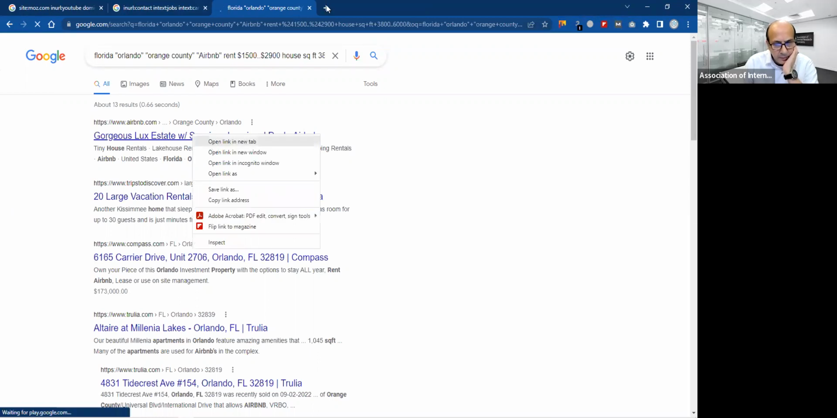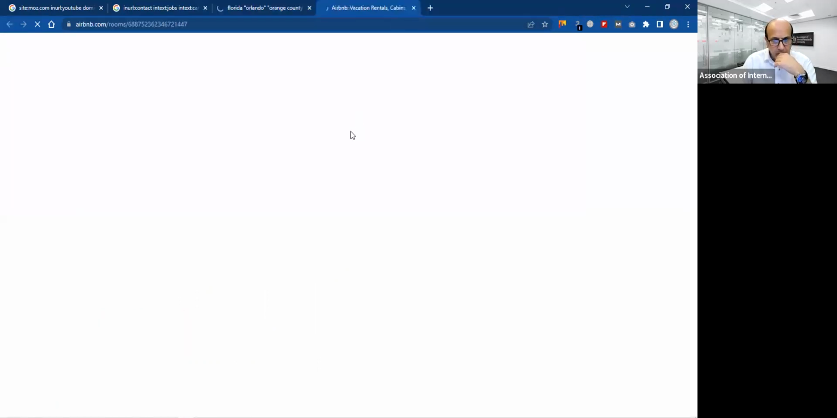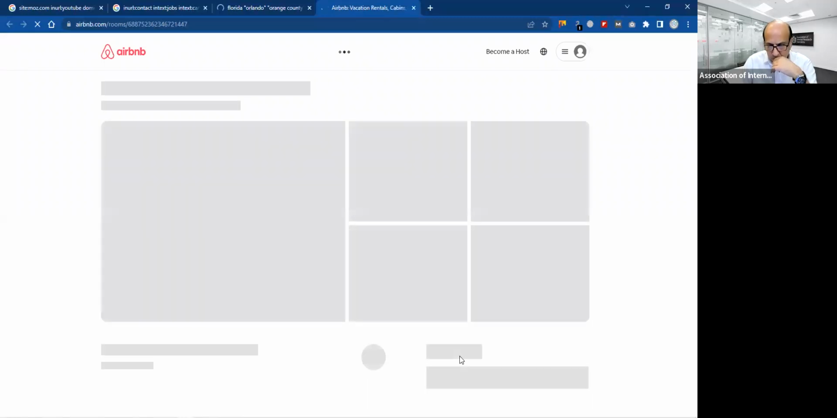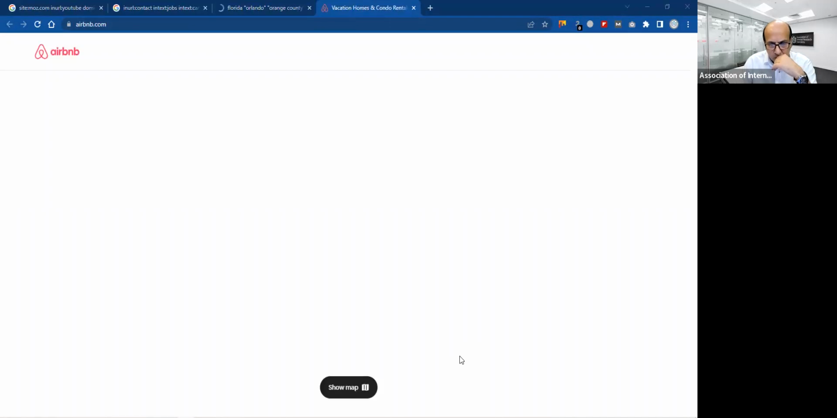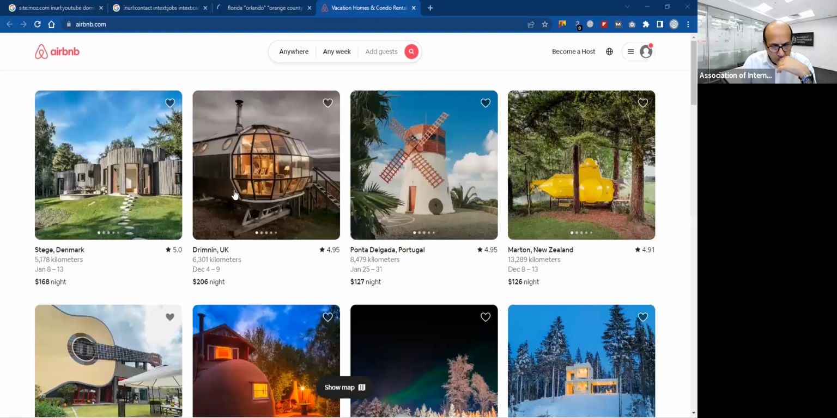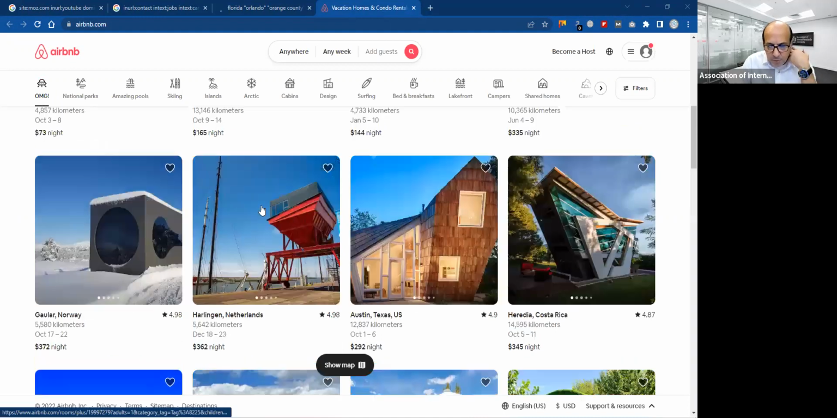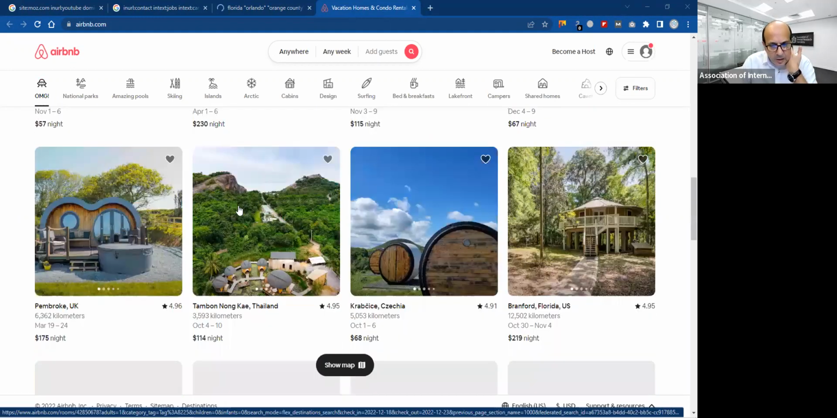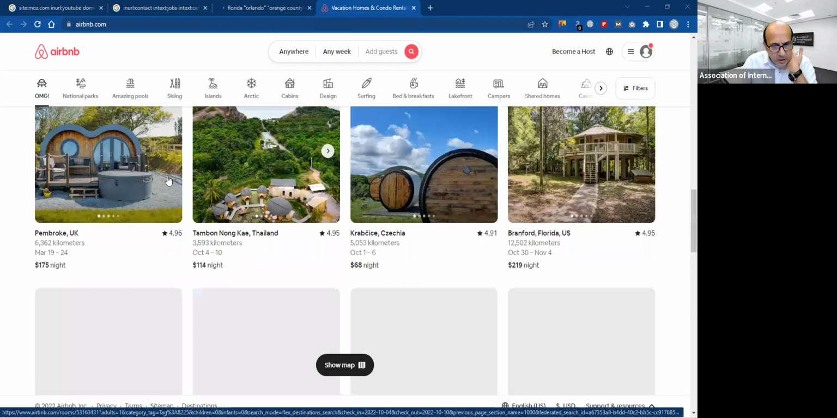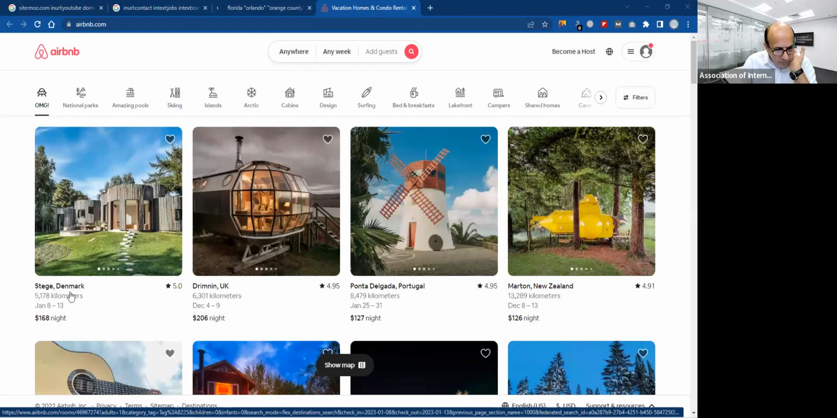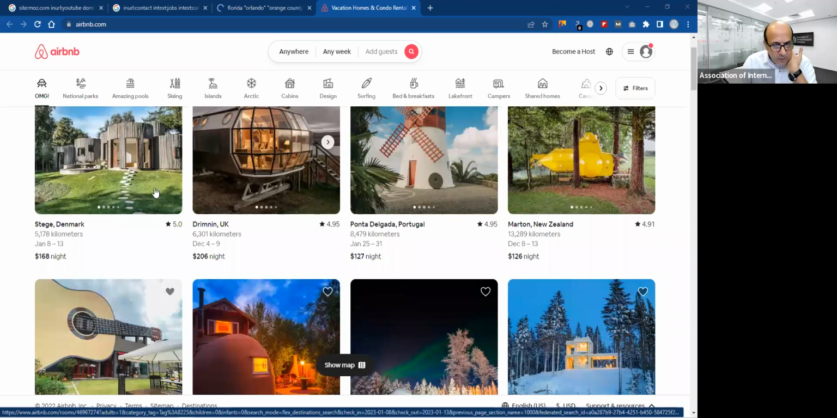Let's see. Now these are a bunch of properties, okay? And the square footage and all that, we'll just have to click on each one of them to see which one is the right one out of all of this. So if we click on,